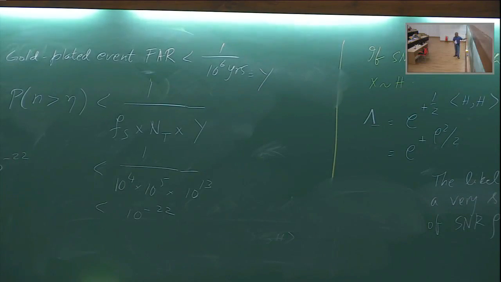That's an integral that can be done either by using approximation methods, or if you have a mathematical code, you can plug it in. You ask the question, what value of eta will give me 10 to the minus 22? It's about 9.5. So this would imply a signal to noise ratio of 9.5 is what is required for us to obtain that small false alarm probability.